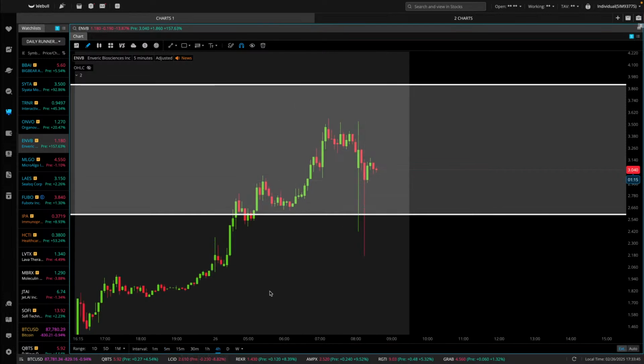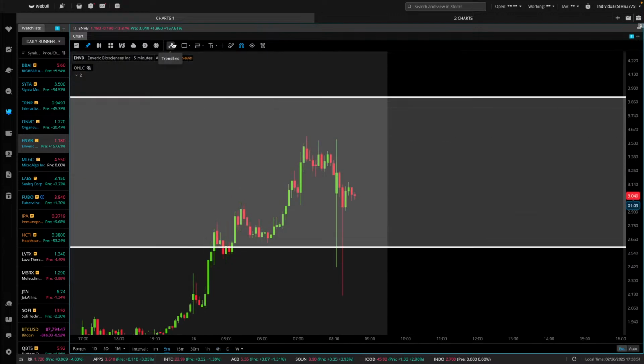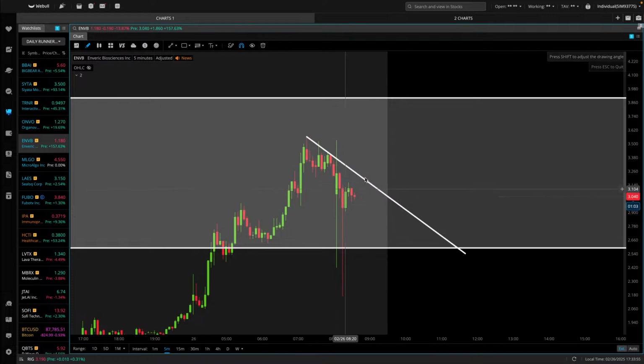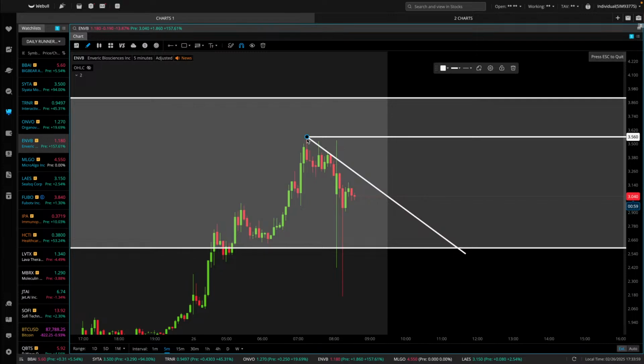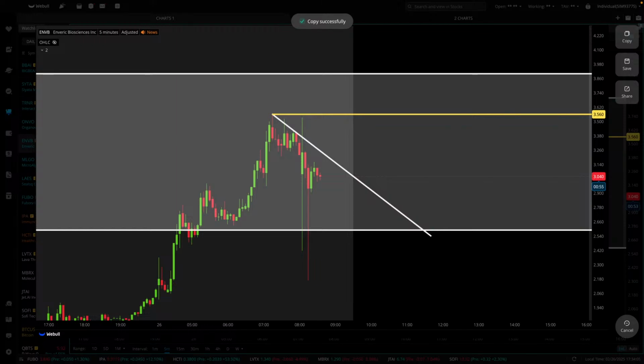ENVB looks great on the 4-hour time frame. You have a gap fill. Probably will fill this gap today. We'll see. You can do either way. You can wait for a downtrend break and look for an entry here, or you can wait for the safest entry and wait for a break above $3.56. If it breaks 3.56, there's a high probability it will fill that gap. Right, so ENVB needs a downtrend break.